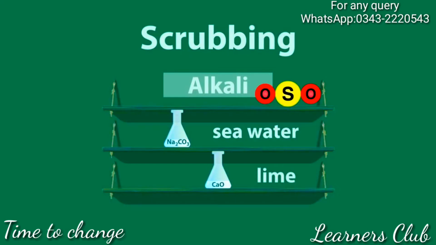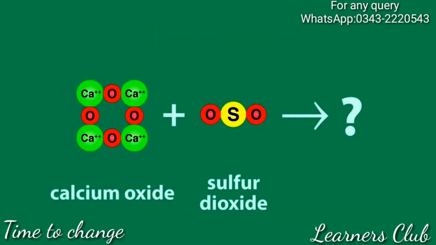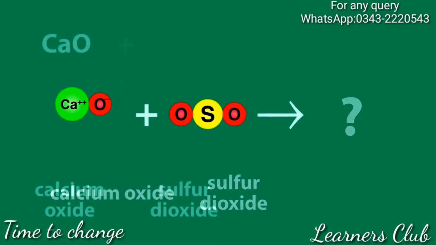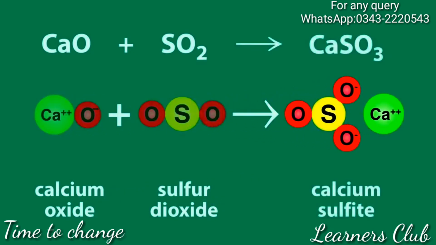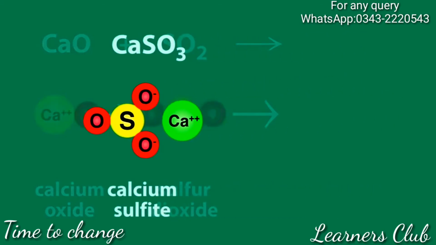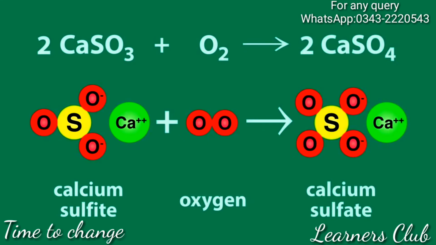Can you think what reaction will occur with calcium oxide, a basic oxide, and sulfur dioxide, an acidic oxide? Calcium oxide plus sulfur dioxide makes calcium sulfite, that's CaSO3. The sulfite can be reacted with oxygen to make gypsum, calcium sulfate, CaSO4, which is the main ingredient of wall